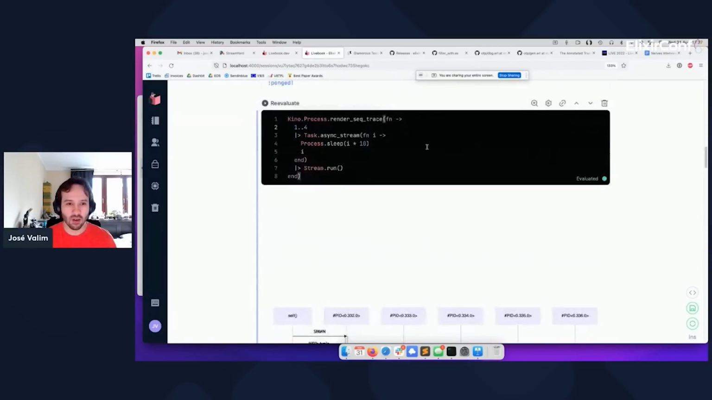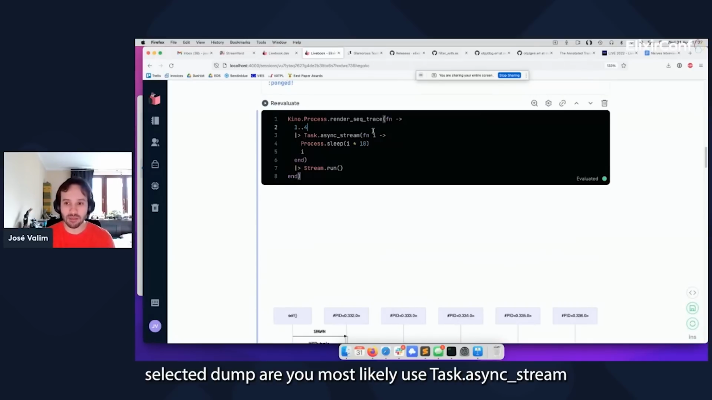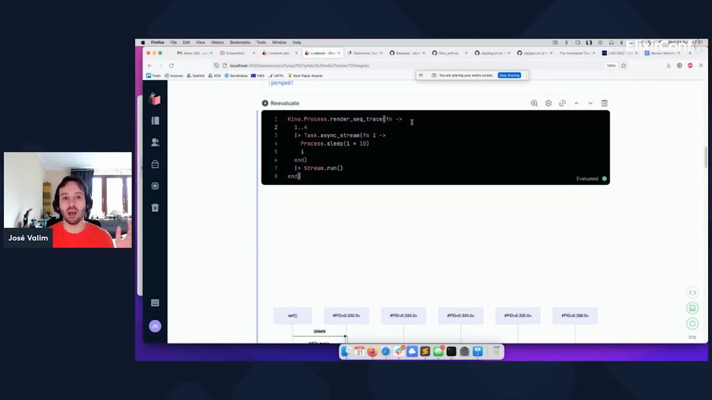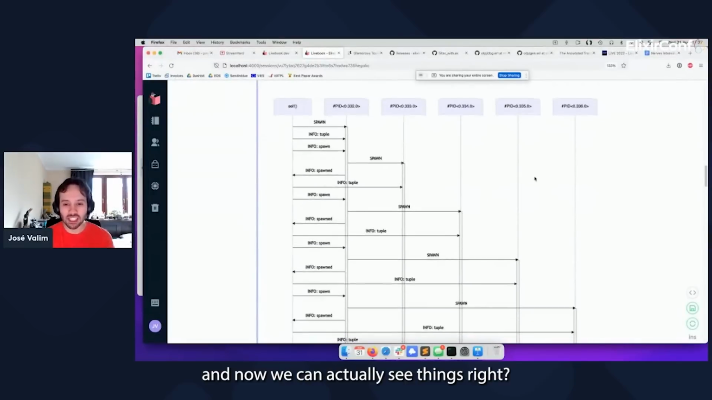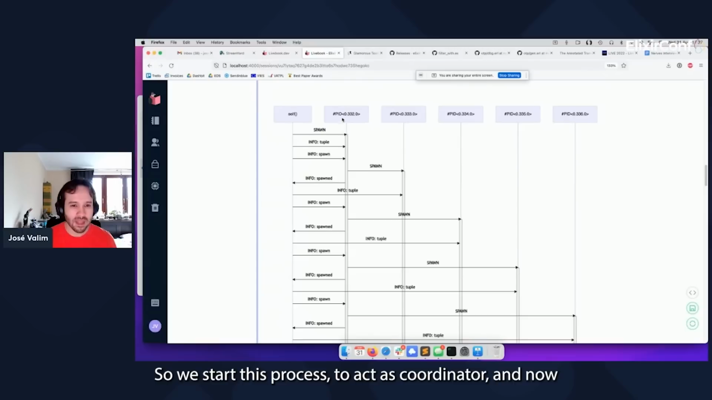as an Elixir developer, if you're an experienced one, you most likely just use task async stream. But if you want to build an intuition into how it actually works behind the scenes, you can just wrap the code in render sequence trace, and now we can actually see things. What we were expecting was self plus 4 processes, but we can see here that it's actually self and 5 processes. And when we look further, it seems that we start a process to act as a coordinator, and now it spawns a child process,